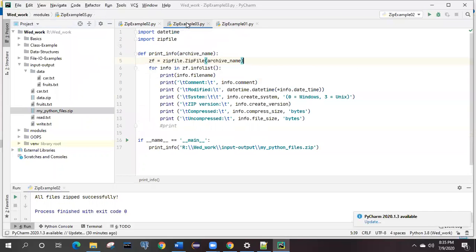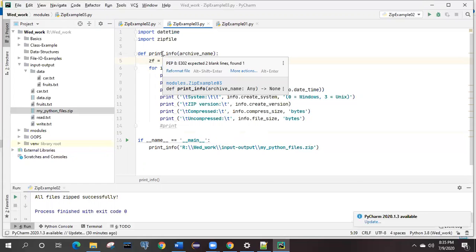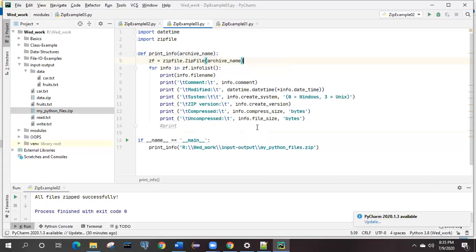Okay, just have a look at this one. We'll close it because it is not having anything. Okay, it is the same function, but if you have any file, it will print all the information of that file. If you see line number 17, what it is doing is printing the information. And for printing the information, it is using the print info method. So this needs to be defined, and it has been defined over here in line number 4. And we need to pass one zip file to this one.